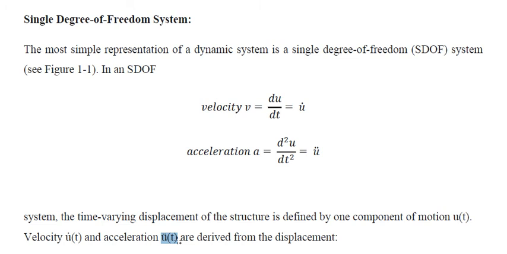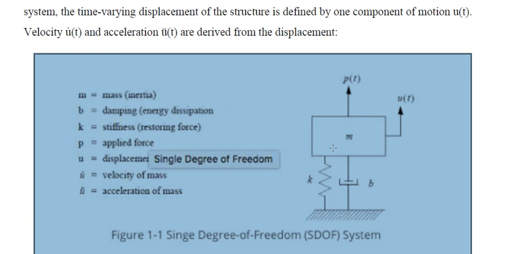We need to understand this. This is the importance of dynamic analysis. This is about a single degree of freedom system. Further, a single degree of freedom system can be analyzed as shown here. This is the mass m, having the damper B or C with the stiffness K. This is a simple analysis of a single degree of freedom system in vibrational analysis or dynamic analysis.